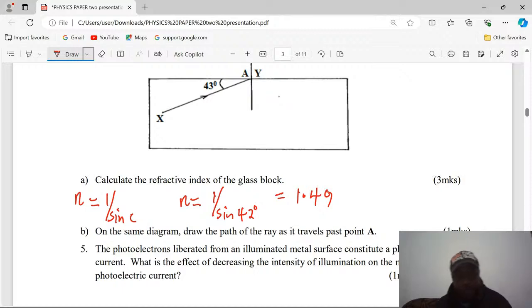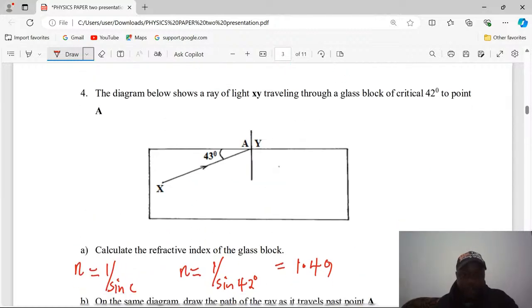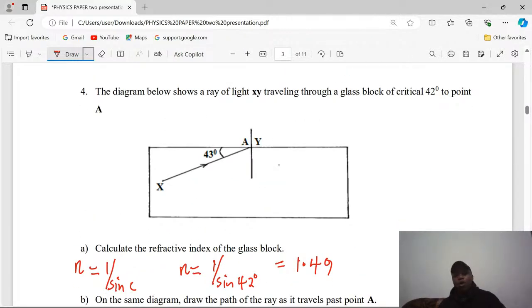There are more questions on part B. On the same diagram, draw the path of the ray as it travels past point A. I must mention something about the critical angle. Critical angle is the angle of incidence in the denser medium for which the angle of refraction in the less dense medium is 90 degrees. That means if the angle of incidence is increased beyond the critical angle, then total internal reflection occurs in the